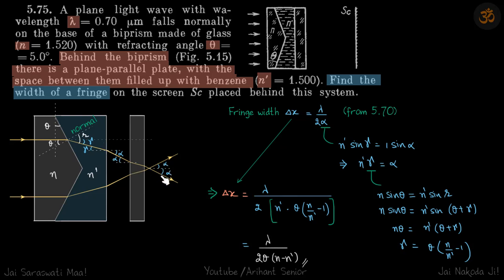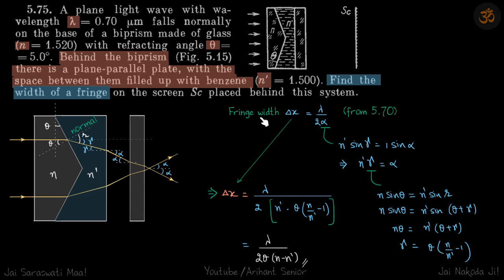So we need to find 2 alpha, or we need to find alpha. Let's say this is alpha which we need to find, and let's say this is gamma, and this total angle is r, the refracted angle, and this is the incident angle theta. Why this theta? Because you can see in this triangle, the prism angle is theta. So this angle is 90 minus theta, so this is again theta. So this is the incident angle theta, this refracted angle r, then this gamma, this alpha. Alright. And this is given as n, this is given as n dash.